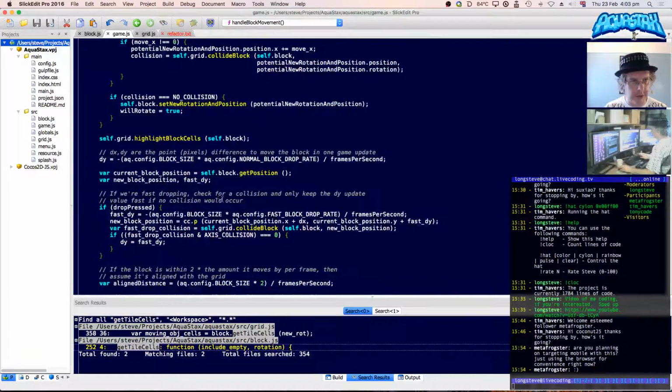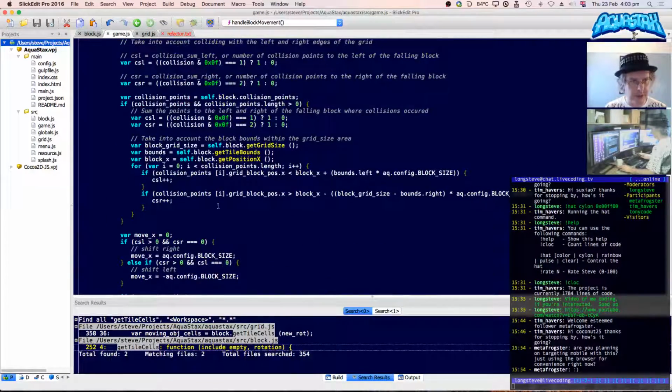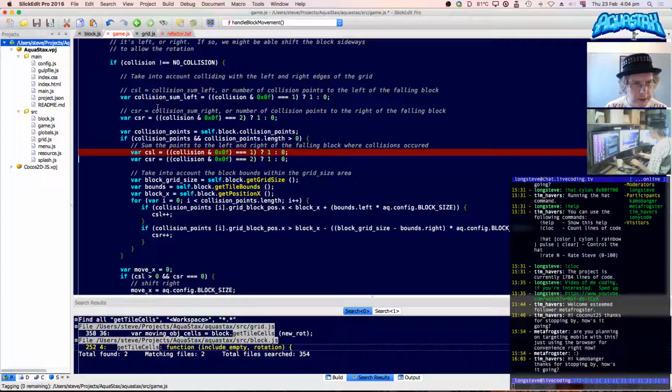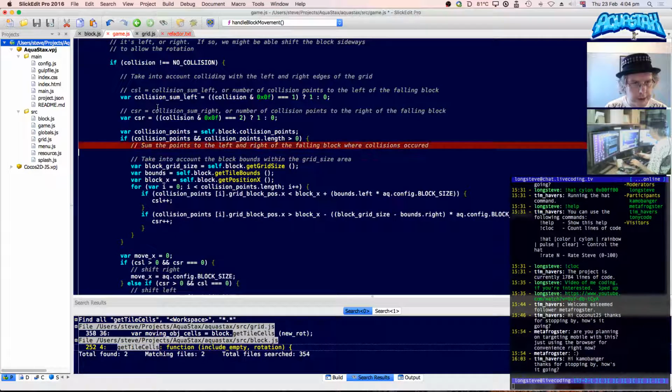Where was I? I was looking inside this bit of code here, wasn't I? Having just done this, I wonder if I should actually just refactor these collision sum left. Ooh, and we want to take them out of there, don't we really? Yes, go in there. Collision sum left.